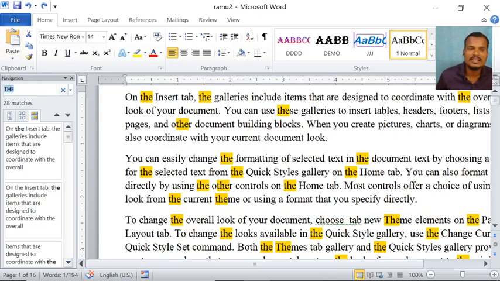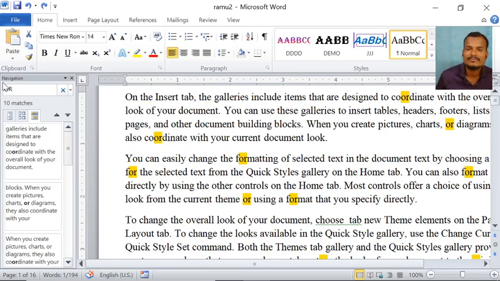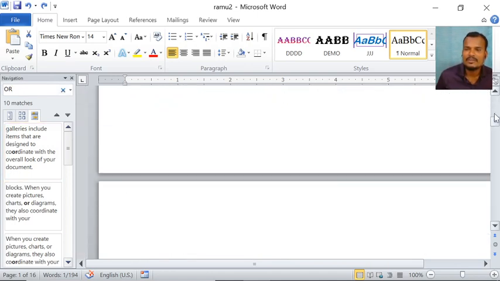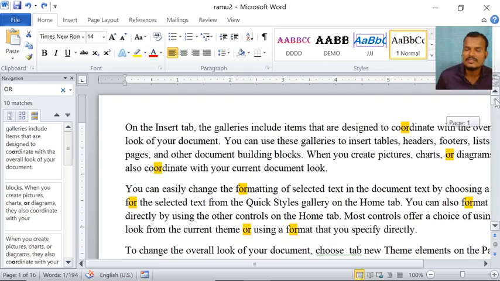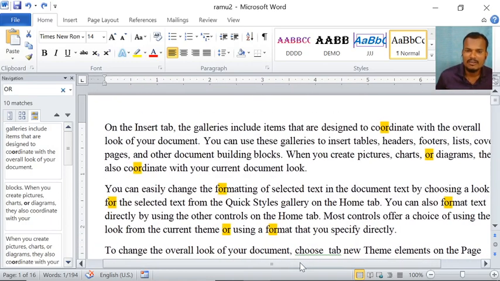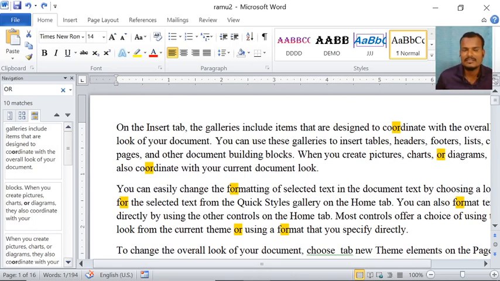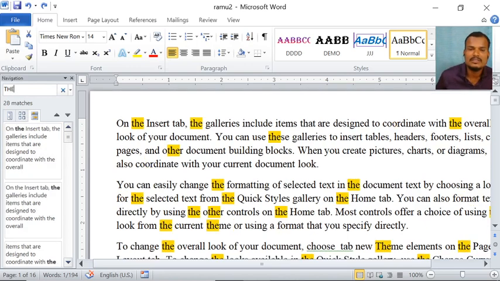If you want to search another word, just type it here, for example, R. In this way we can find whatever we want in the document, whether a word, a sentence or a letter, by using this find option. For example, I want to find "the".